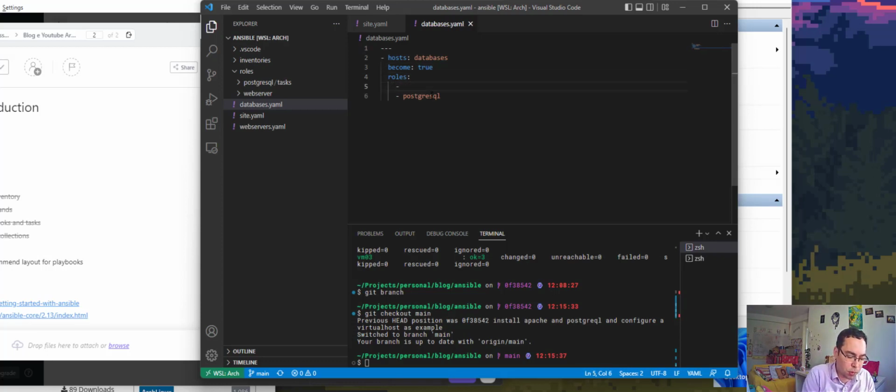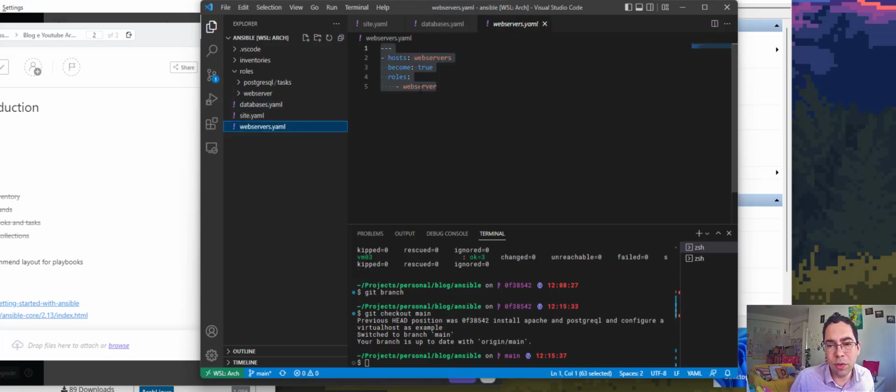For instance, we could have a common role which will make sure that some things like the host name are configured for the virtual machine, or some common packages are installed. So you could have a role which will be reused between all the machines. For instance, I can apply the common role to all the database and all the web servers. It's a best practice, so you separate your